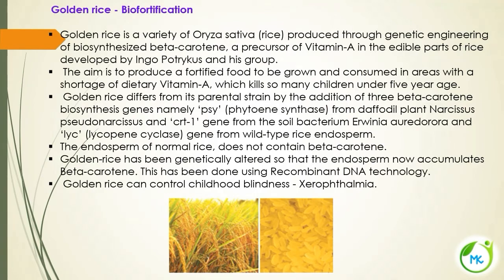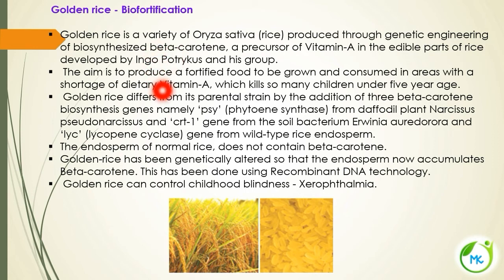Golden rice biofortification. Golden rice is a variety of rice, Oryza sativa, produced through genetic engineering. In normal rice, you will not have the beta-carotene gene, which is a precursor for vitamin A. But this is a genetically modified crop plant in which the normal rice is incorporated with the beta-carotene gene. With this beta-carotene gene, vitamin A can be synthesized, and this was developed by Ingo Potrykus and his